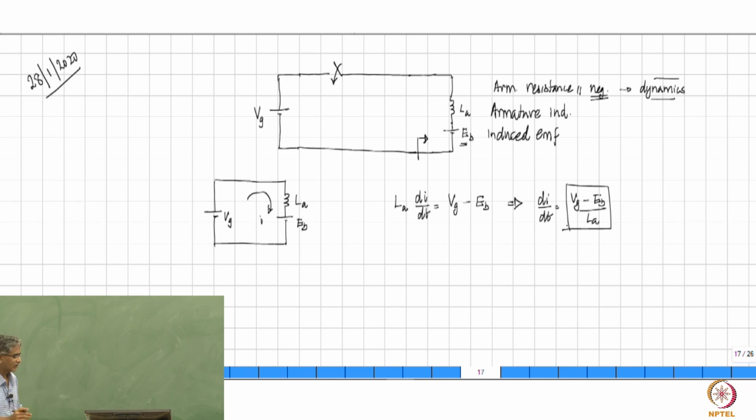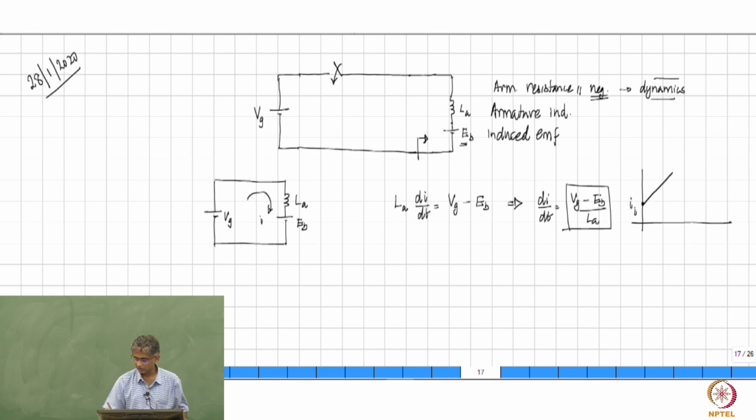That is what it means, right? So you are going to have inductor current from some value. It may not start at 0. Of course, if you are going to switch on the motor initially at 0 speed, motor was not at all operating, and you turn the switch on, there was no current flowing, current will increase from 0. But let's say you have done several such switching operations. After that, if you see, there was some initial current flowing and this current will now go on increasing. That is what this equation says.